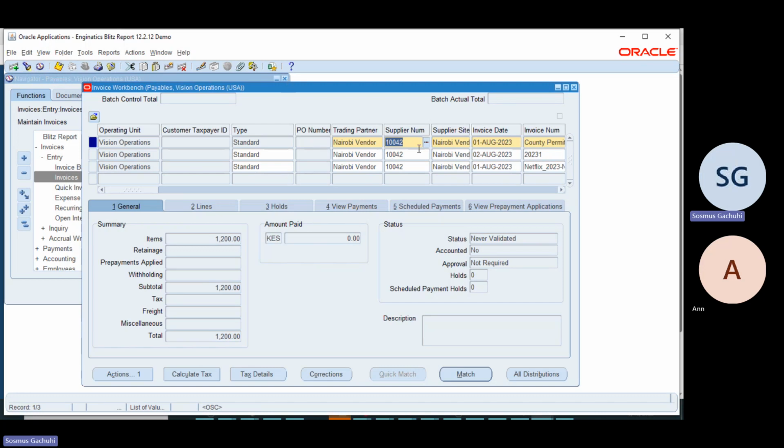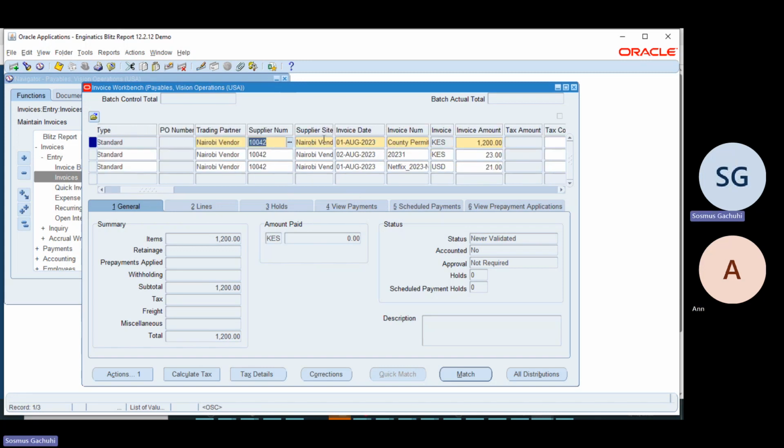These invoices I created before, and I used this icon to save them in the database. Now I've used the find icon to query them back so that I can see them. There is a lot of information here under the invoice workbench which I don't want to talk about right now. We will discuss it when we learn about